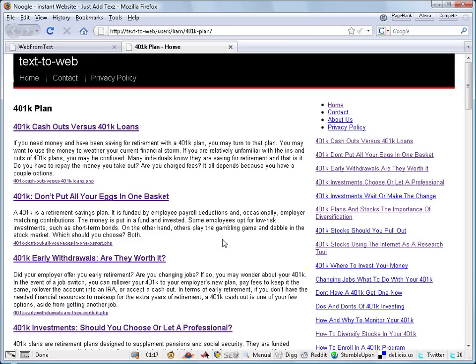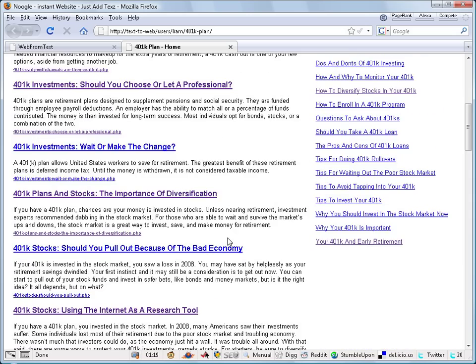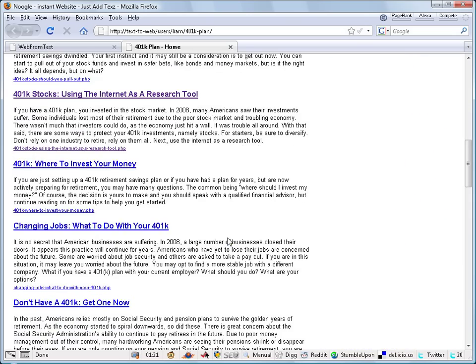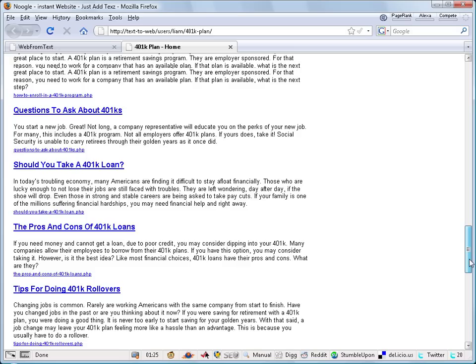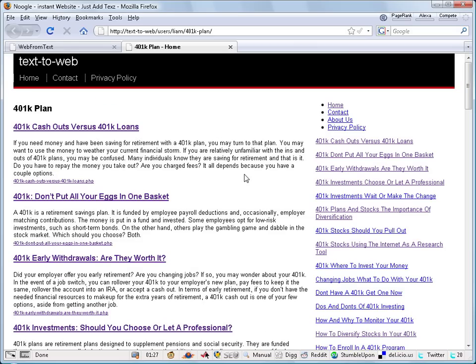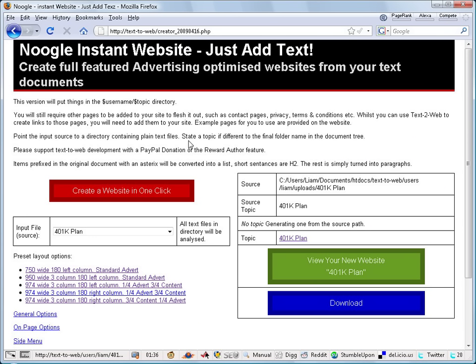Here's the default site. It contains links to all the documents in the set, and it's presented without any advertising blocks. There's a set of default links, but editable, on the top of the page. If we go back to the site generation page,